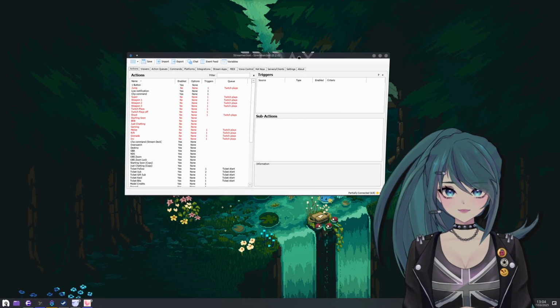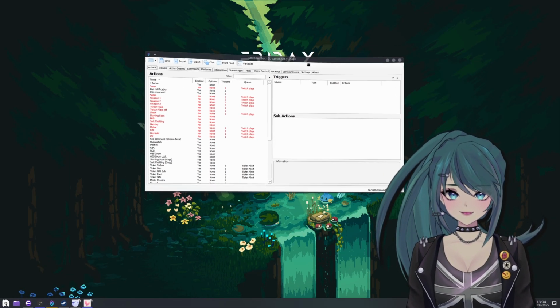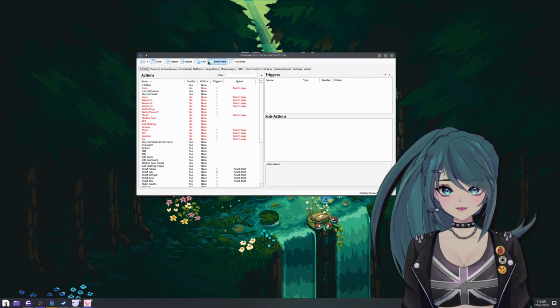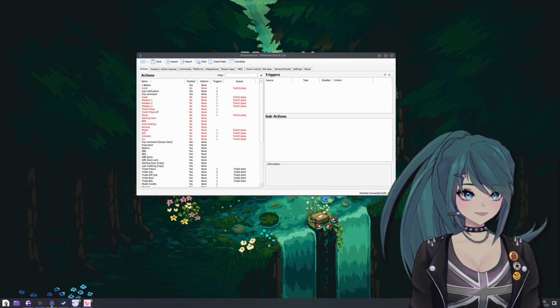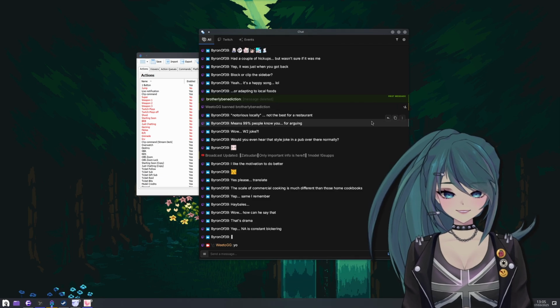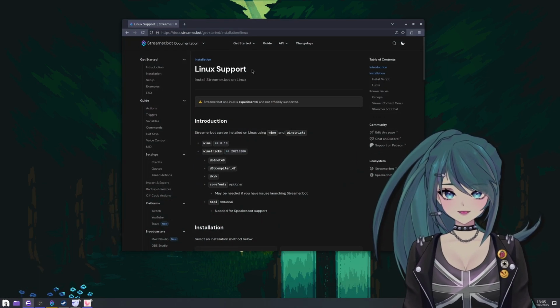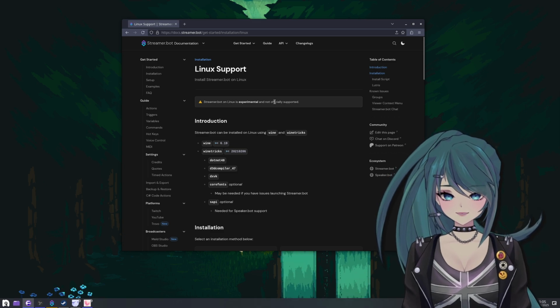Hello, another video. I'm going to be talking about how to get Streamerbot up and working on Linux, including getting the chat to work. That opened up on my second monitor, but look, this actually works. Crazy. If you follow the instructions for the Linux support that they have, again, is experimental, not official, but this